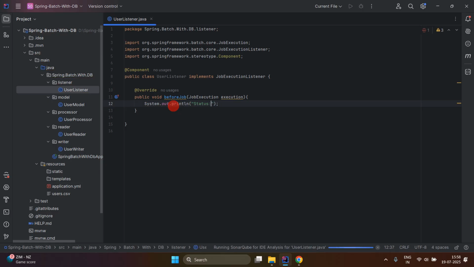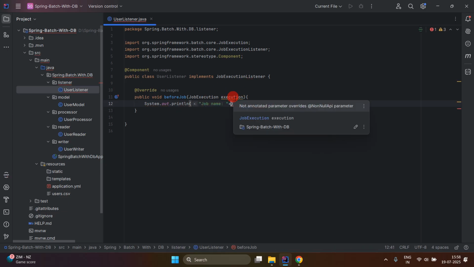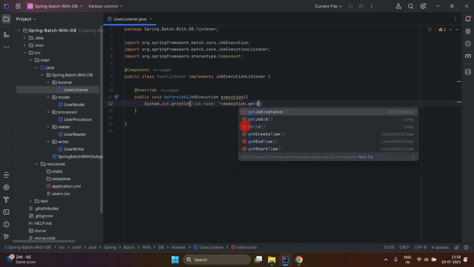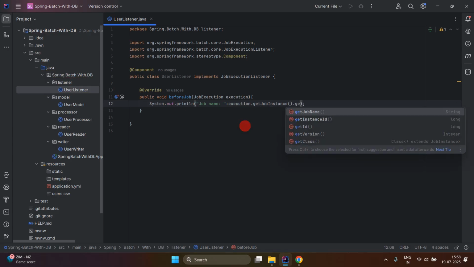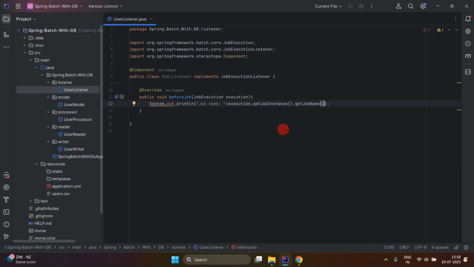So I am going to show one log. Here we can show the job name, so just write job name, and we will get the job name from this execution. So write execution dot get job instance dot get job name. In this way we will get the job name,